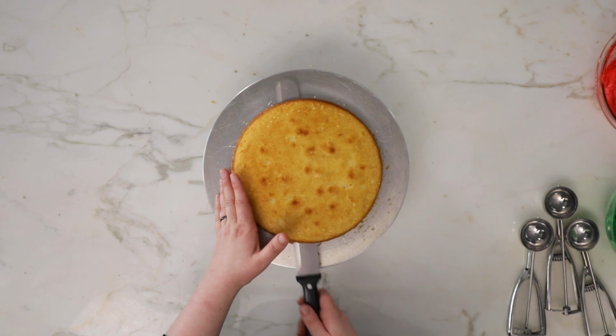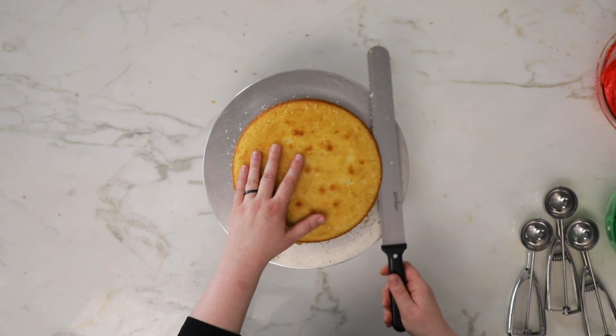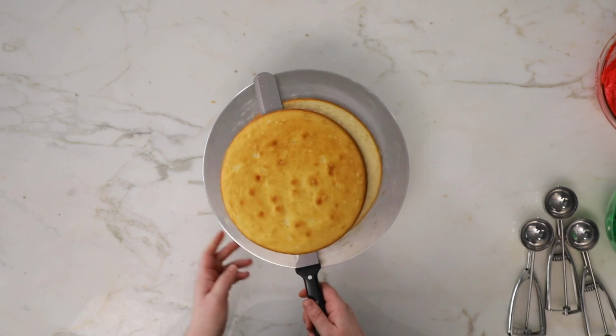What you don't wanna do is sort of a sawing motion like this. That's what's gonna make a really uneven layer. But like this,